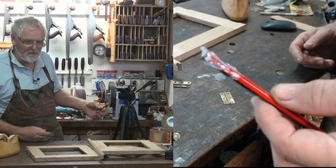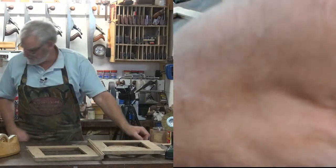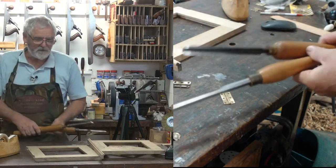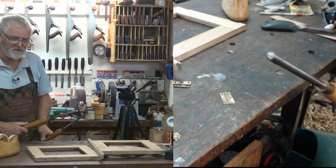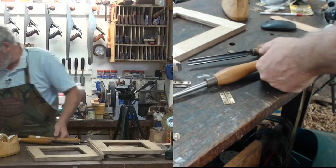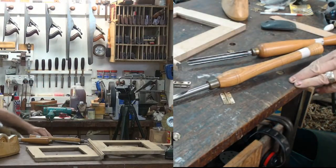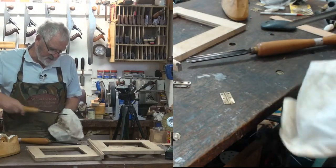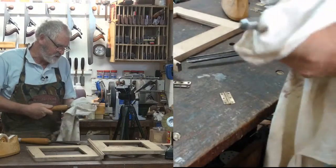What I'm playing around with, actually I'll do these now while I think about it. These two chisels I just had to sharpen for someone the other day, or yesterday. Because they're very, very sharp, and the chap said he's not going to be using them right away,